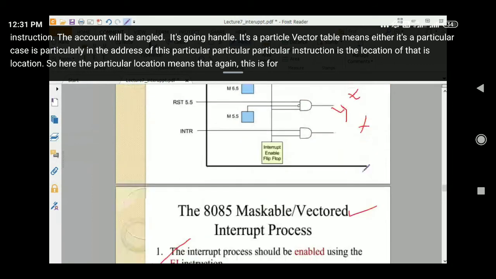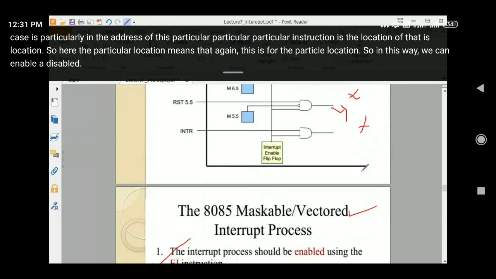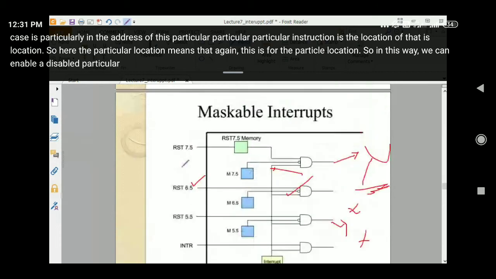So in this way, we can enable or disable the particular RST 6.5, 7.5, and so on.